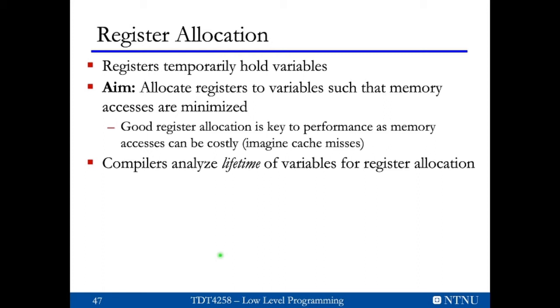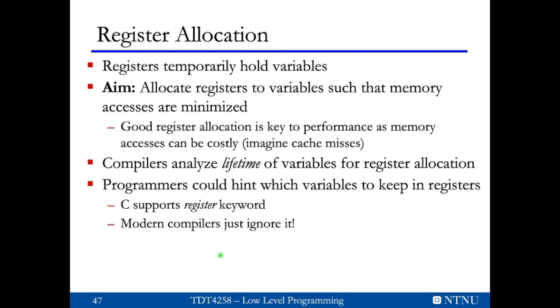Good register allocation is key to performance because memory accesses are costly, and compilers analyze the so-called lifetime of variables to do register allocation. Programmers were able to hint which variables to keep in registers. C has a special keyword register for it, and that was used extensively in early 1970s Unix implementations where code was small and programmers really knew which variables were accessed more often. Modern compilers accept this keyword and just ignore it because they usually know better than the programmer which values to